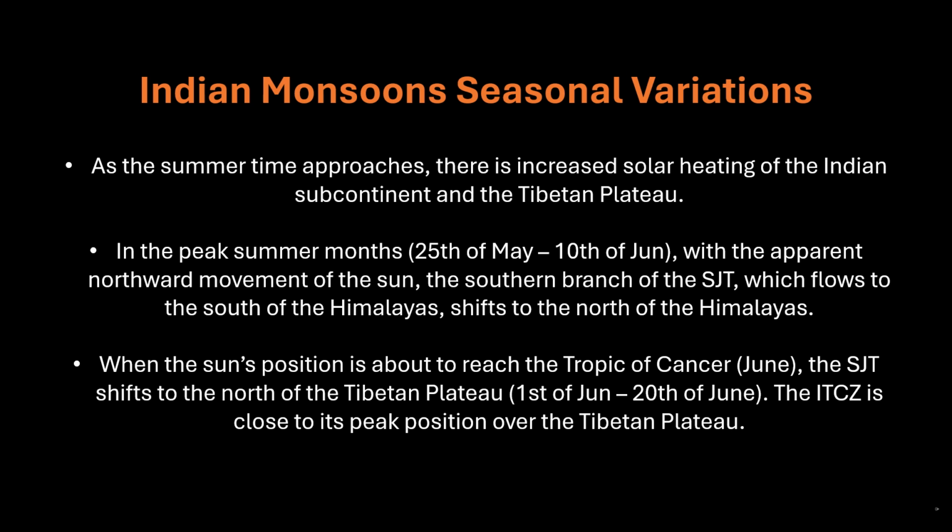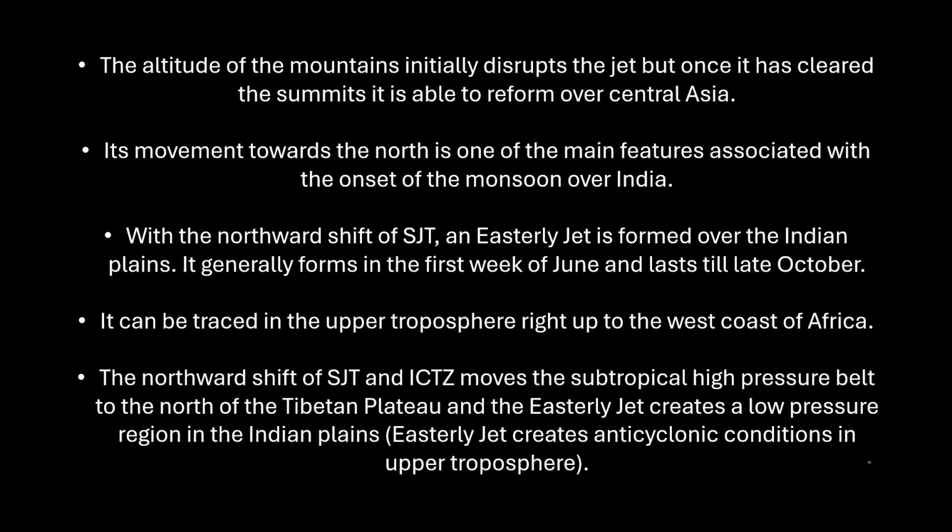When the sun's position is about to reach the Tropic of Cancer, in June, the STJ shifts to the north of the Tibetan Plateau, 1st of June to 20th of June. The ITCZ is close to its peak position over the Tibetan Plateau. The altitude of the mountains initially disrupts the jet, but once it has cleared the summits it is able to reform over Central Asia. Its movement towards the north is one of the main features associated with the onset of